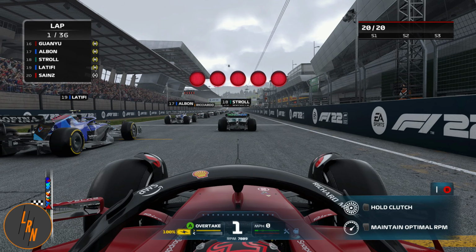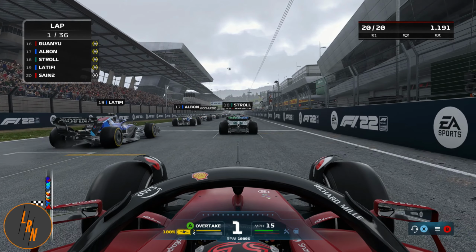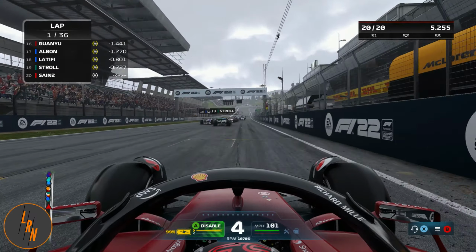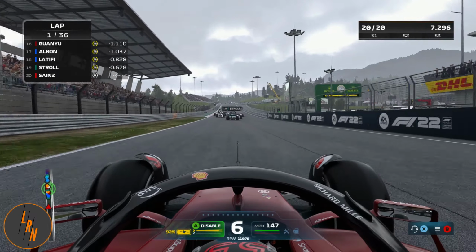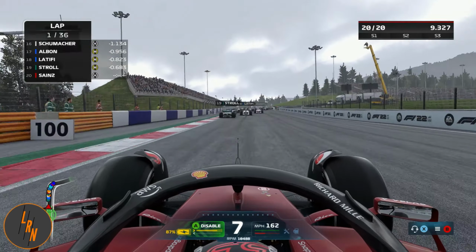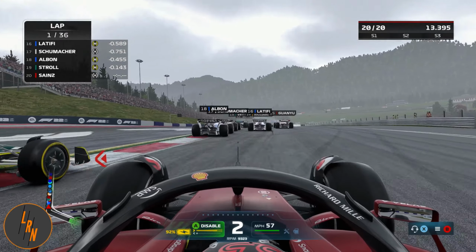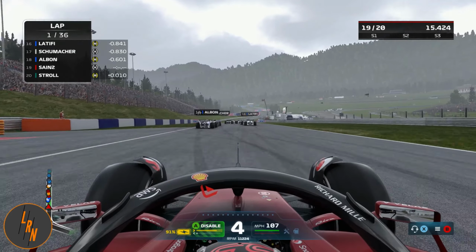Up to 5 red lights and away we go. It's not a great start. Obviously we were on the harder tyres, so we've not had the grip off the start. We're going to do a little bit of weaving now just to try and get some heat into these tyres, and we're going to go straight down the inside here, trying to make a move on Stroll, trying to just stay to the right hand side and give him the space on the left,